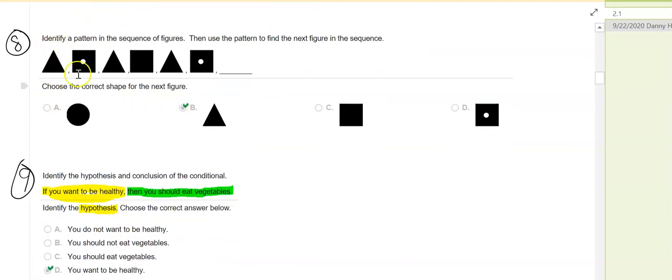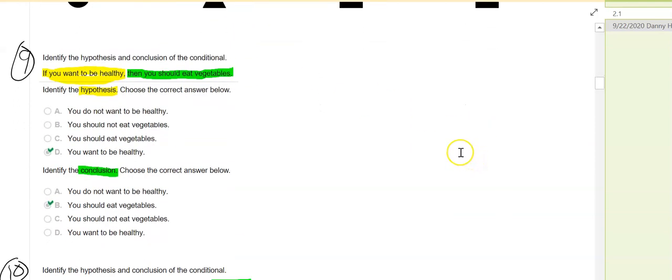Looking at more patterns here, so I say I'm alternating between a triangle and a square with a dot and a square without a dot, and that means I should end up with a triangle there. And here, and looking at number 9,